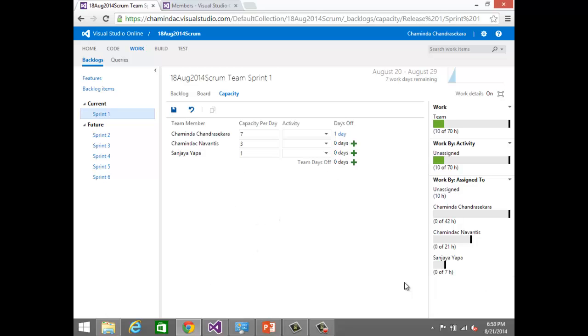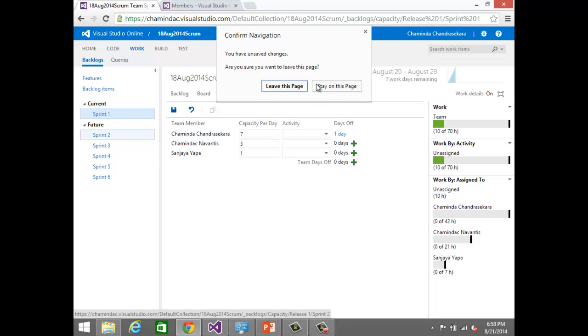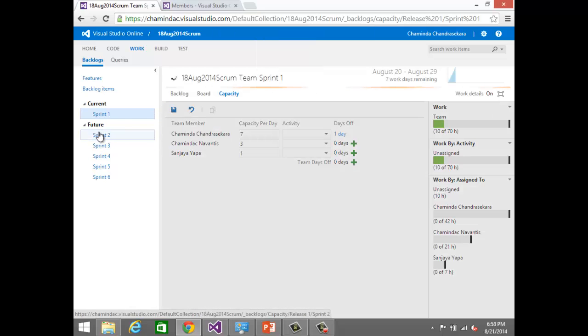Got it. Just quickly, does this keep track of a change log? Now, let's say at the beginning, I say Sanjay's capacity is 1. After a month, if I make it 2, will all the reports reflect his capacity was 1 for the first month and now it's 2? Once that iteration date is passed, whatever edits you do do not affect the TFS anymore for that old data. For example, we define the capacity here like this, and in sprint 2, stay on this page, save, and when I am in sprint 2,